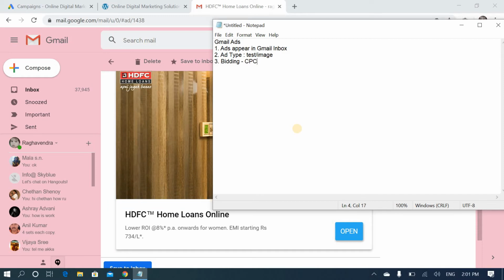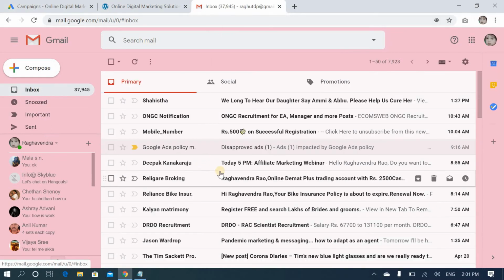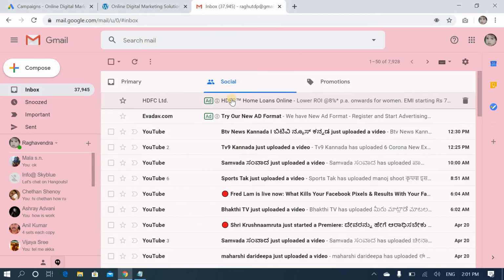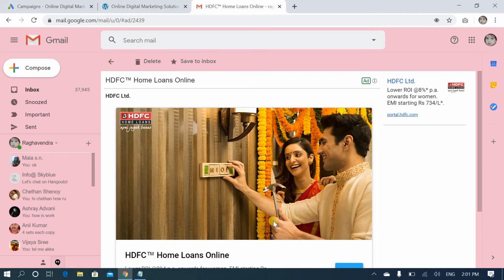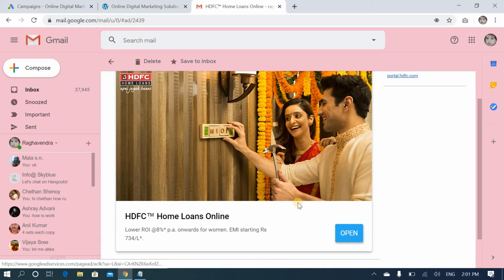The main thing here is you have to create a proper ad, and second, targeting is very important here, so whom you are going to target. One more thing I have to tell: once you see the ad here, if I click this ad, only then will Google charge. Google does not promise that after someone clicks the ad and sees it, they will click your link or go to the page you redirect to. So you need a quality image and catchy headlines, otherwise you will not get clicks.